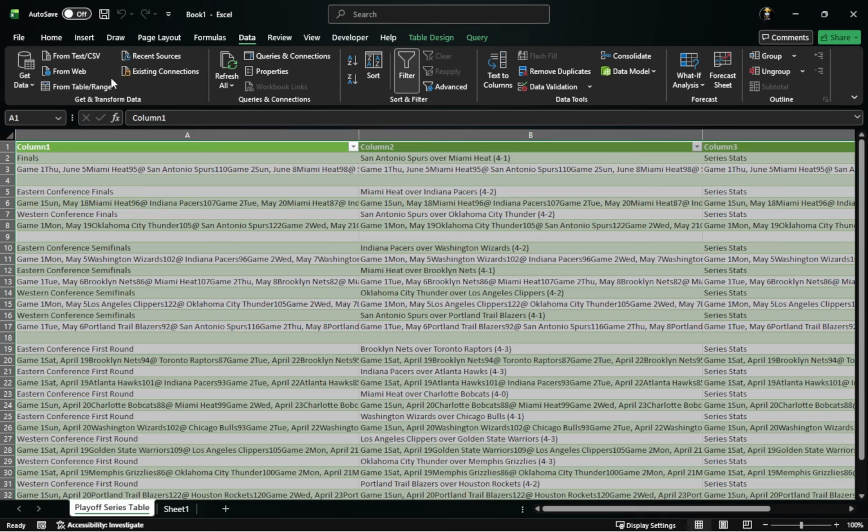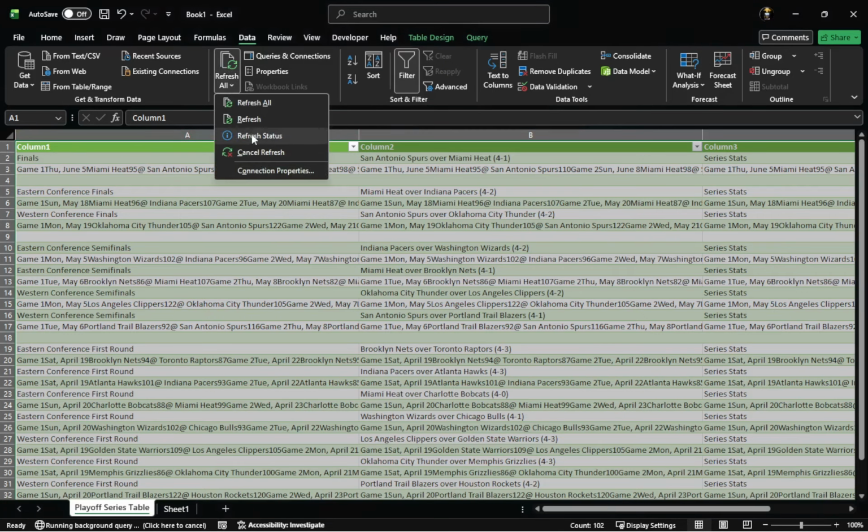When you click it, Excel reaches out to the web page again and pulls in the latest version of the data. You may notice the table flicker or a small message at the bottom while it updates, and when it finishes, your numbers and text will match whatever is now on the website. Excel will refresh the query and retrieve updated information from the connected web source every time you use Refresh All.